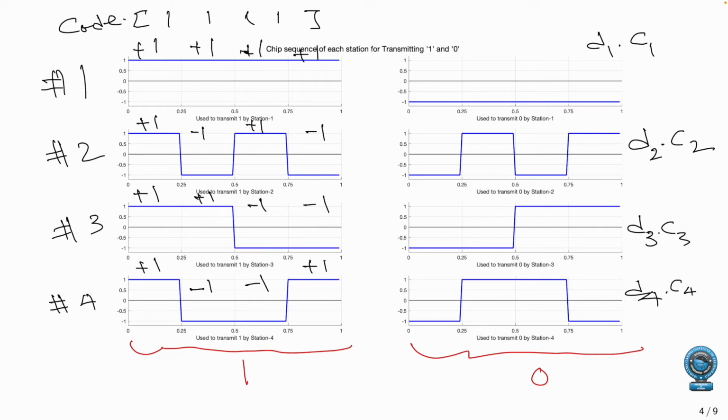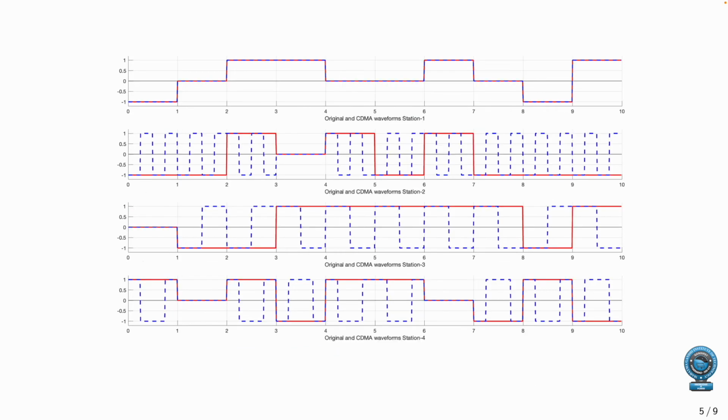So instead of the data pulses directly being put on the channel, each of the stations should use the respective codes, multiply the D with the code and send it. So these are the waveforms that will go across. Okay, fine. So with that background, now if you observe, this is the station 1 waveform, this is station 2 waveform, this is station 3 waveform, and this is station 4.